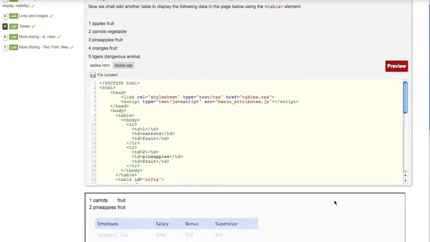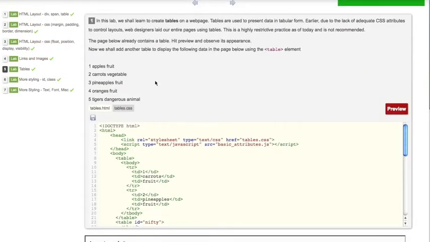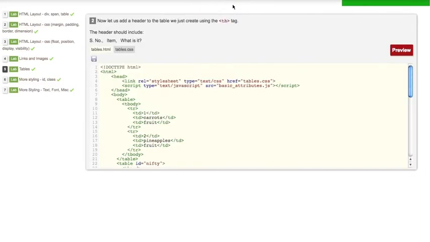So there you go. Now we are displaying the data we just entered in tabular form, right? Of course, it doesn't look as nice as the table that already exists on the page, and we'll get to how we can make it look nice. So now let's move on to the next step. Now typically, as you've seen with the existing table, there is a heading as well, right? So you need to know what each column represents. So now let's add a heading to our table.